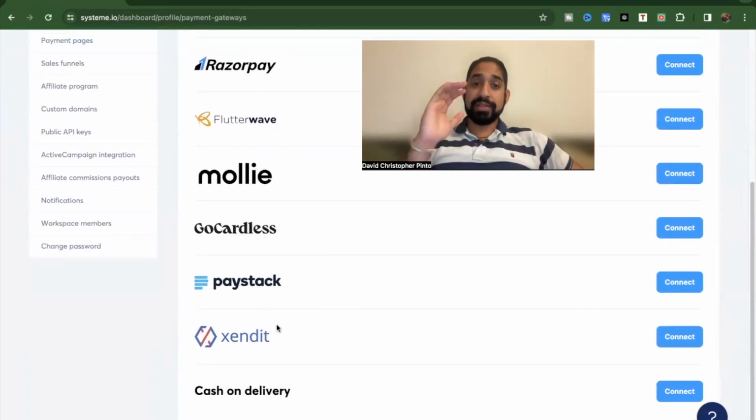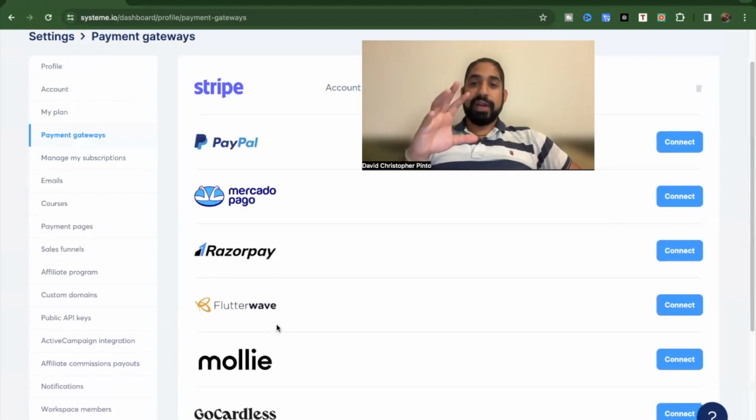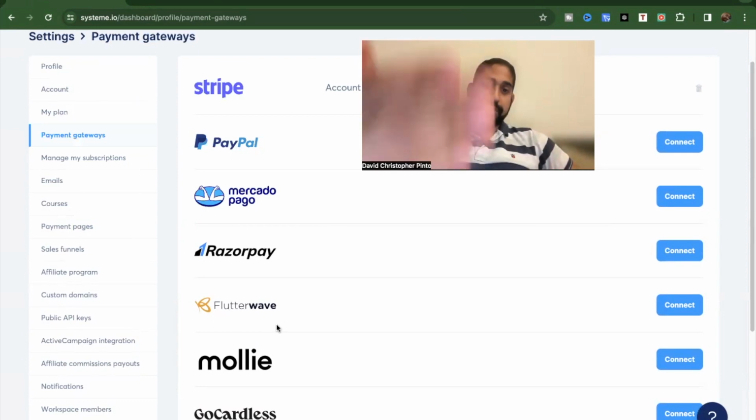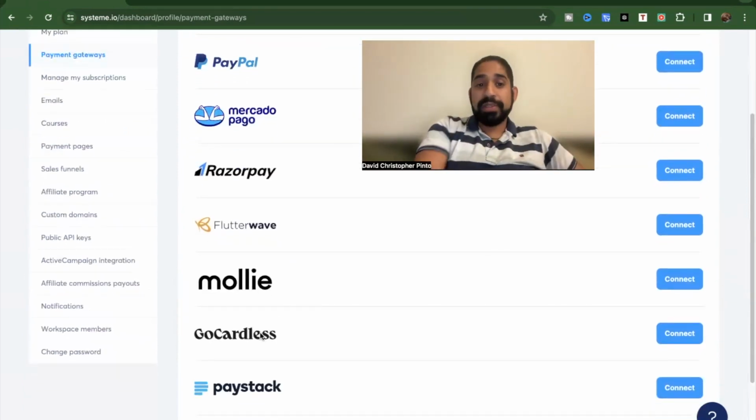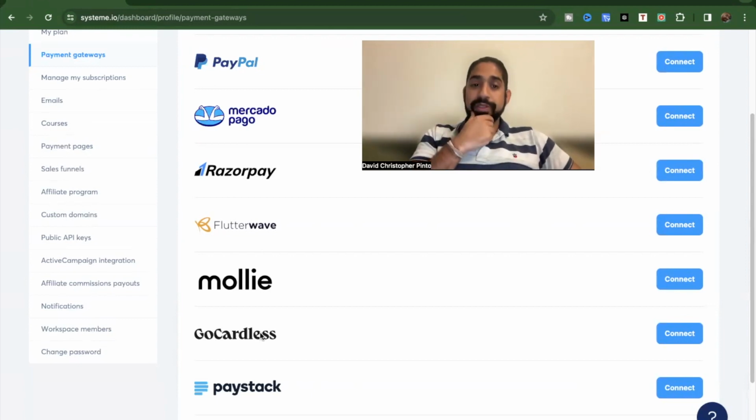As a business, it depends on how you want to structure it, but obviously these are methods for businesses, right? We're not trying to play around over here. We are looking to build a long-term business. So having Stripe, having PayPal, if you want to get started, and then moving over to something like GoCardless, for example, is something I'm considering in the future to integrate with this, so that I'm able to get payments by card easily. I can with Stripe, obviously, but just to have multiple options available for my customers is a good thing as a course creator, right? So this is one option that I'm looking at.